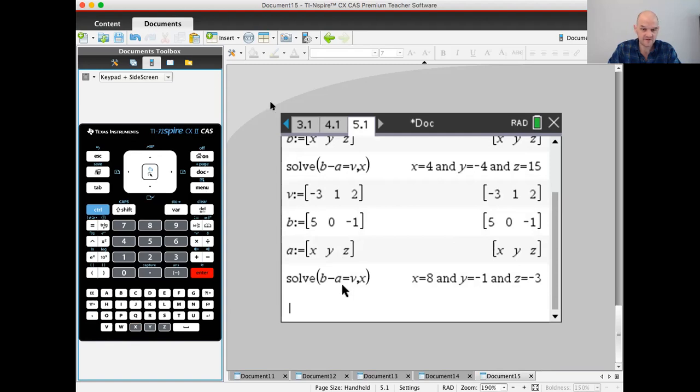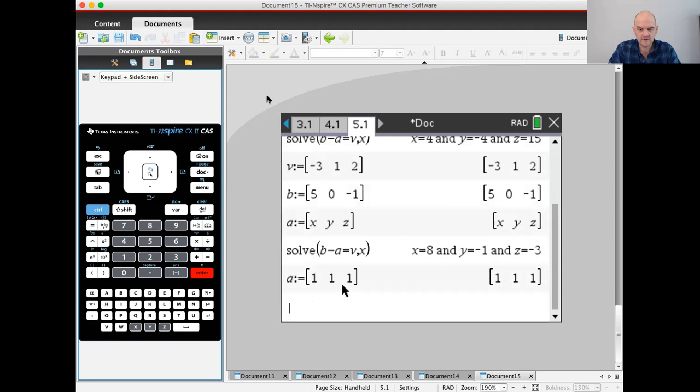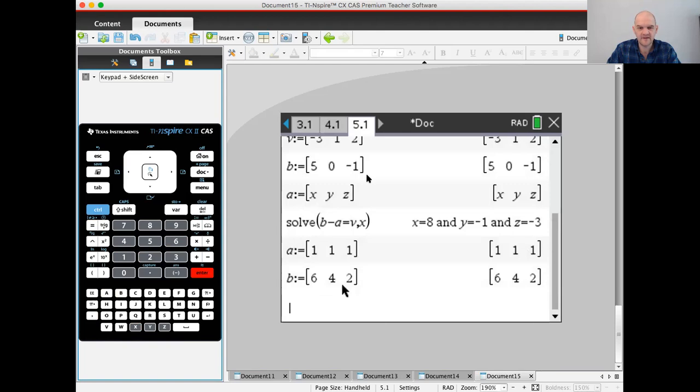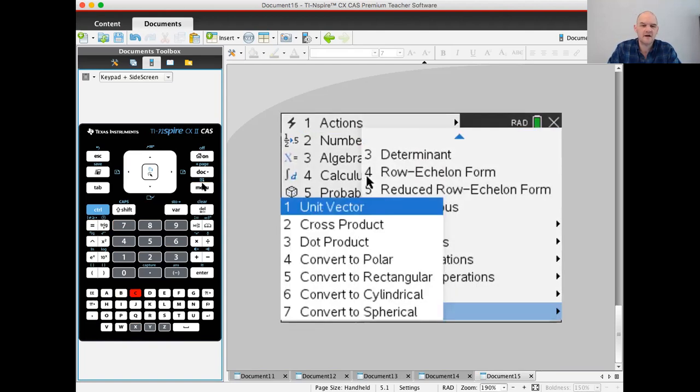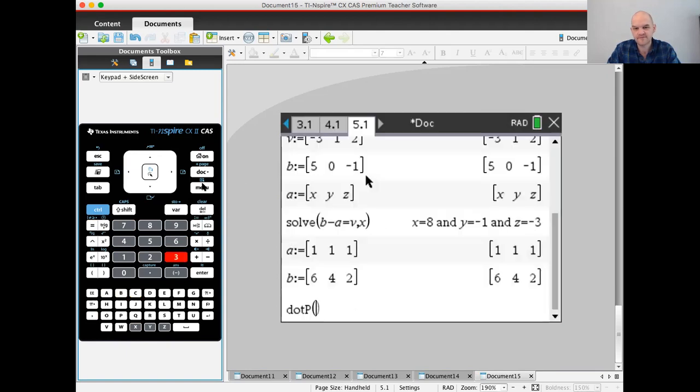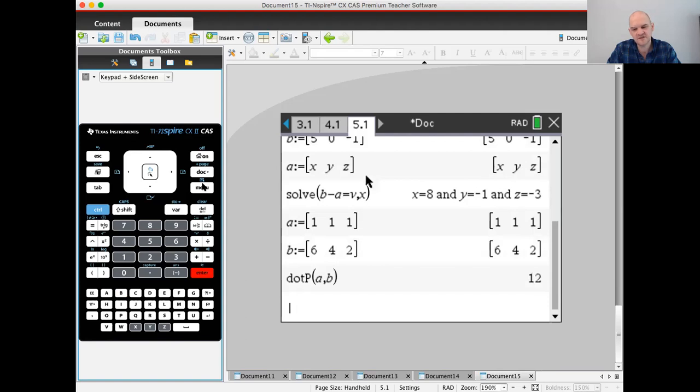Dot products. So we can definitely do dot products. A is the vector 1, 1, 1. B is the vector 6, 4, 2. Oh, I forgot to put it in a vector. There we go. Okay, now dot product: menu 7, C, option 3. Dot product a, comma, b. You have to give it 2 vectors. You don't need to store them ahead of time,